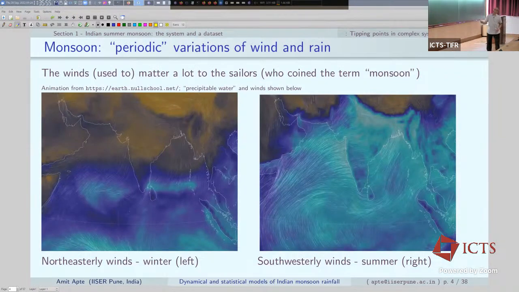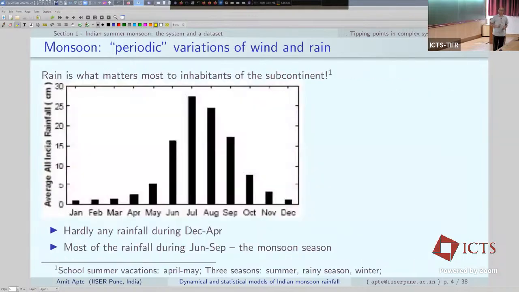So it's periodic variation of wind, and I just showed it for one specific month or day. If you look at winds over winter months, summer months, and so on, this variation of winds is very clearly seen. Of course, the way we think of monsoon is, okay, it starts raining and it stops raining, at least in some part of India. If you're in Chennai, then that doesn't quite happen.